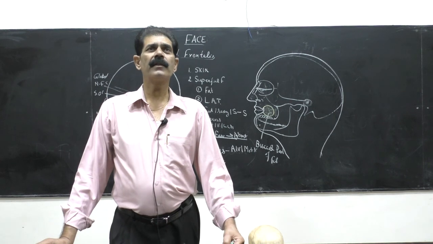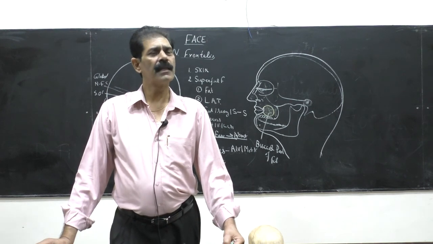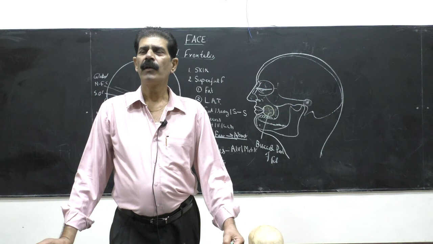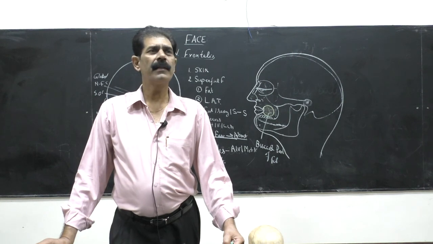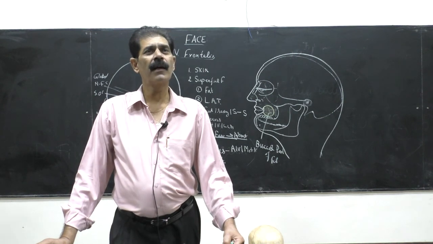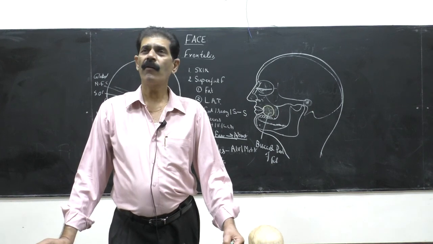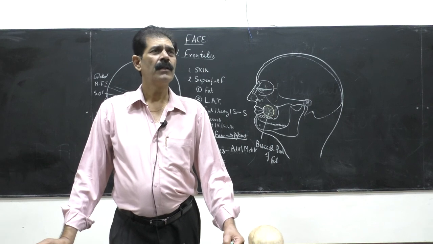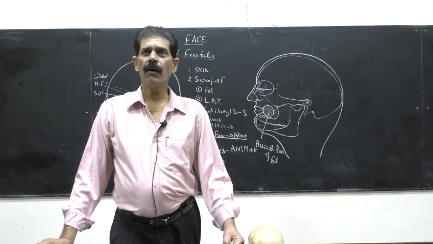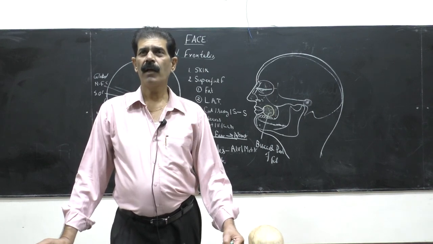Some cranial nerves have both components, sensory as well as motor, because 12 cranial nerves are important, and in the exam any one of them will come every year. So you have to prepare all 12 pairs of the cranial nerves. That's why you have to be very keen about all the cranial nerves. So now we are doing the face.